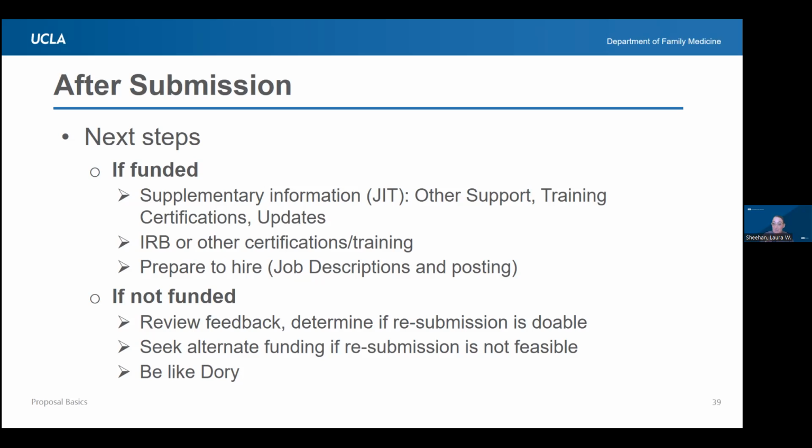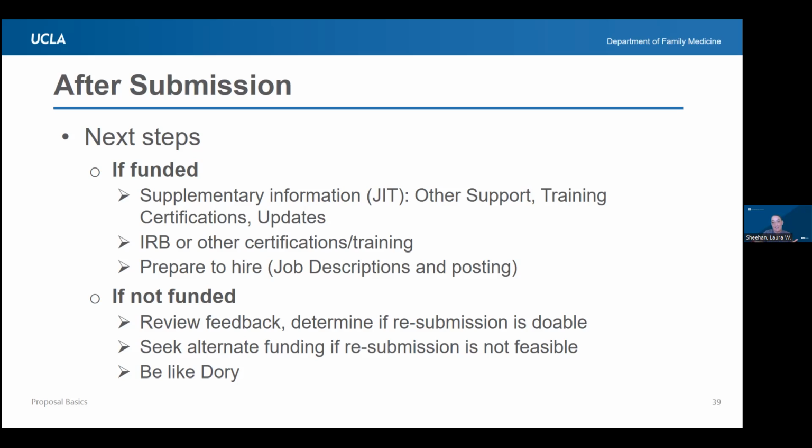If you had any TBD positions that you were going to hire somebody into, now is when you start that process. You don't want to actually hire anybody until you have the money in hand, but you can post the job, you can write the job description, reach out to HR, make sure all the paperwork is ready to go, so that when you do get the money, you can hire somebody and hit the ground running.